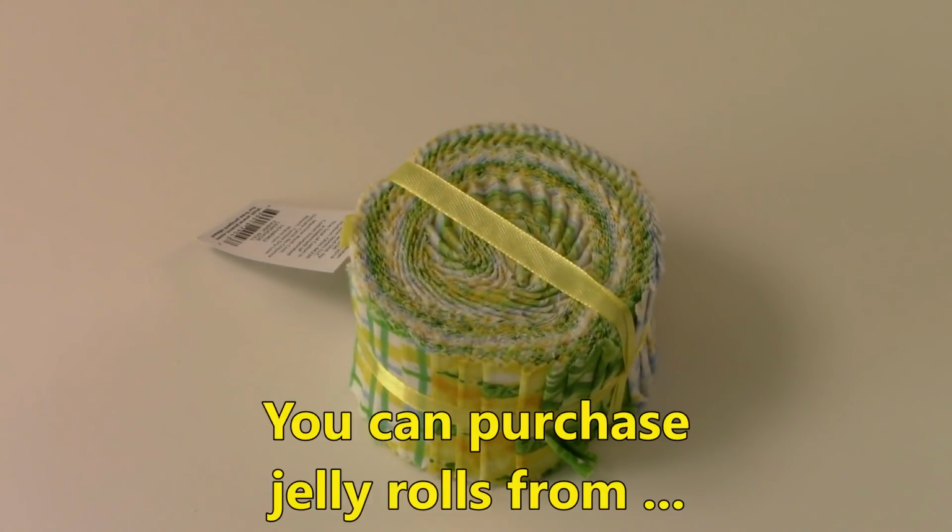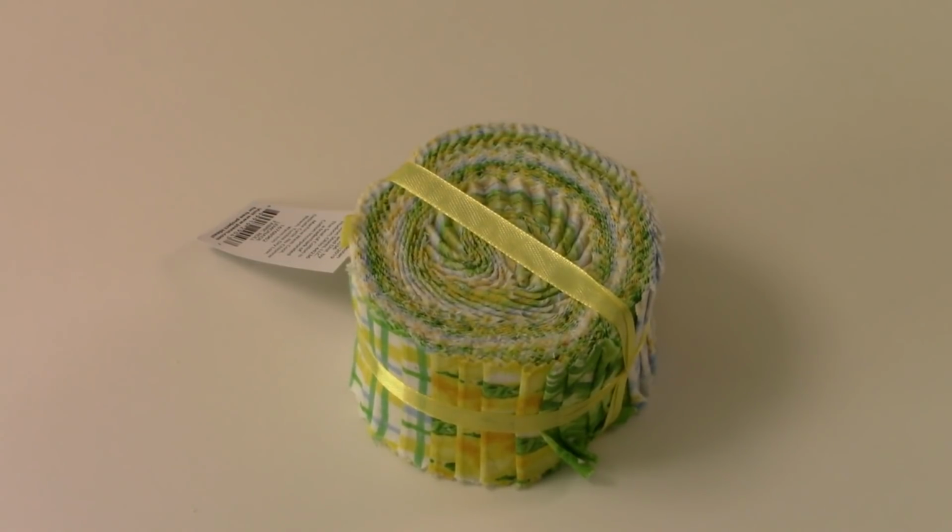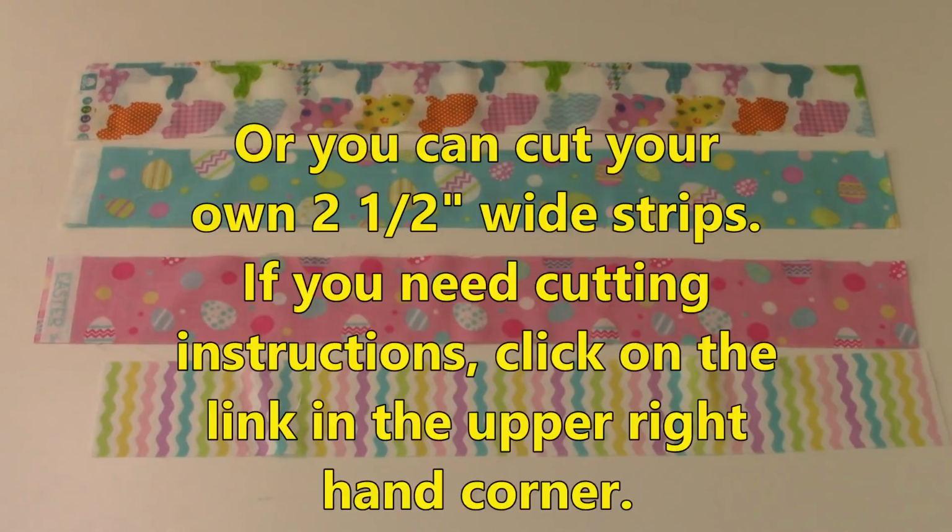You can buy these at Joann Fabrics and Crafts. Quilt fabric stores also sell them, and you can go on the internet and buy them also. There are places like equilter.com, fabric.com, MissouriStarQuiltCompany.com, Fat Quarter Shop, etc. They're all over the place. And of course, Amazon.com. If you are unable to find a jelly roll pack, you can always cut out your own 2.5-inch wide